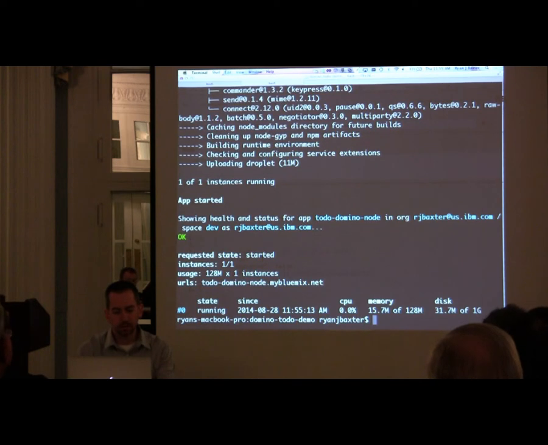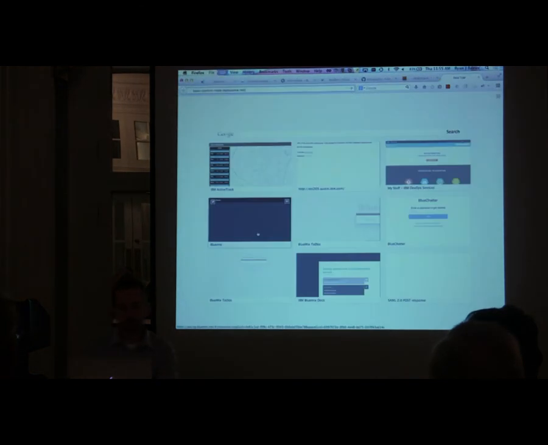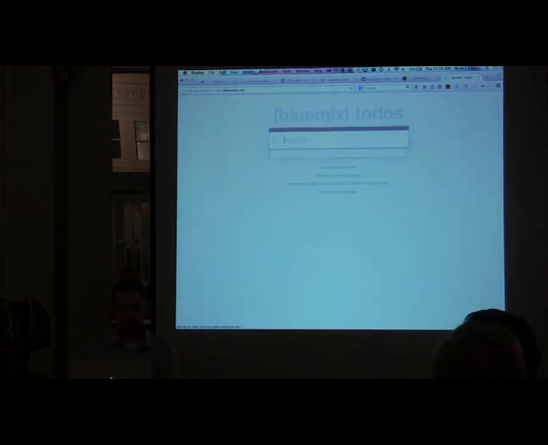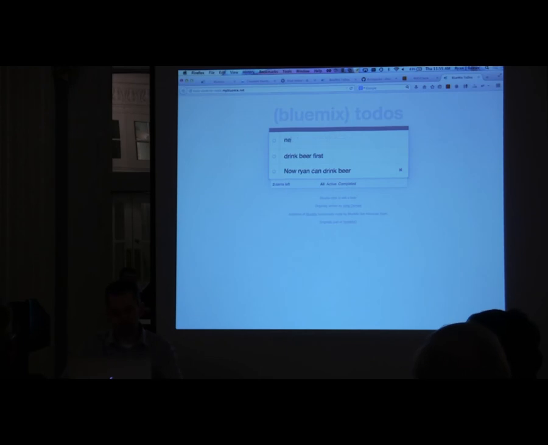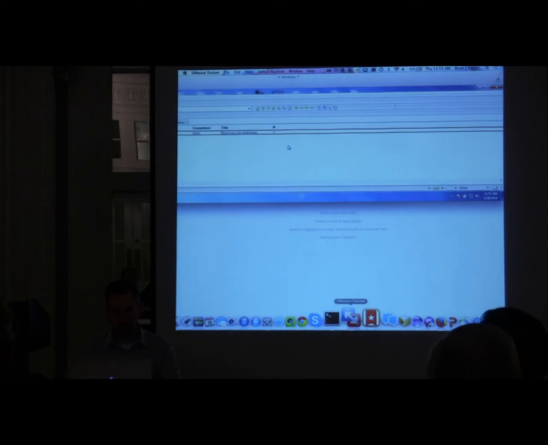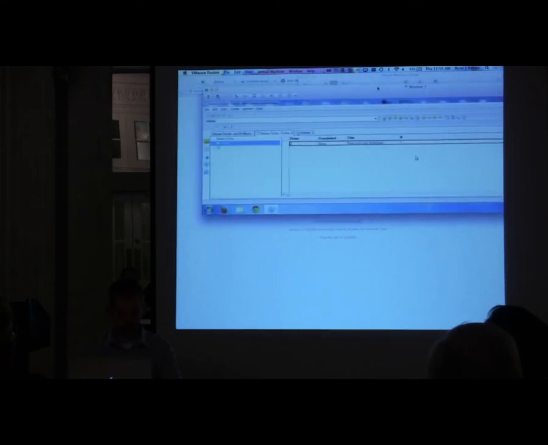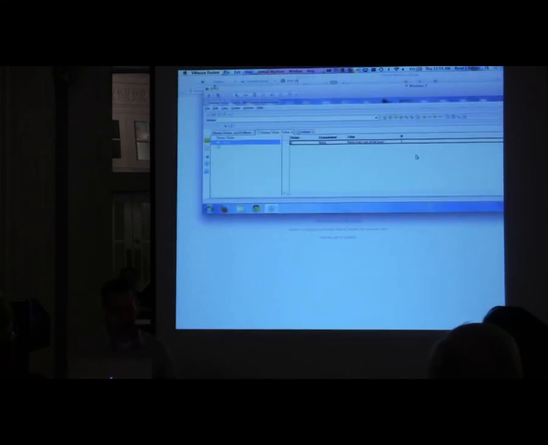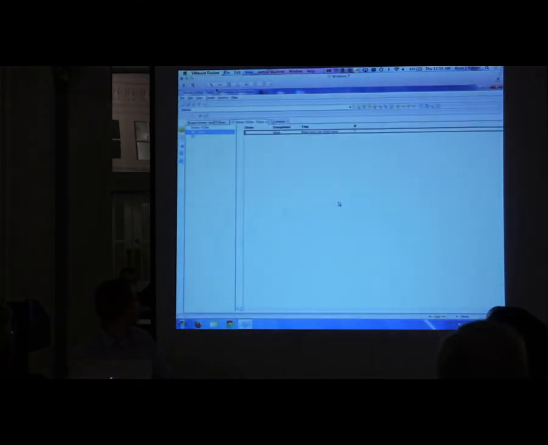And now if we go to this URL here, you see the same UI, but now it has the to-dos from my Domino server as opposed to the to-dos from my cloud server. So when I enter a new to-do here, and I probably shouldn't do this because it's going to the UI level, right? But this is what has that. If I refresh my view,